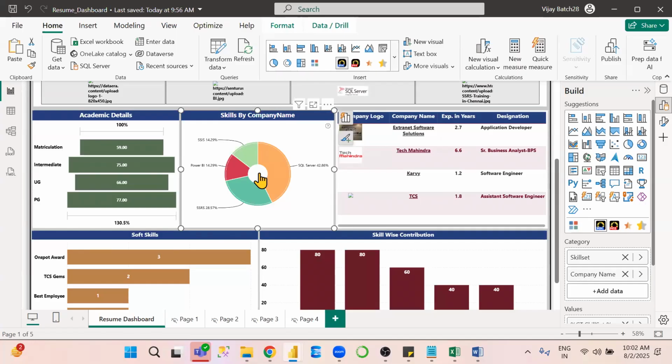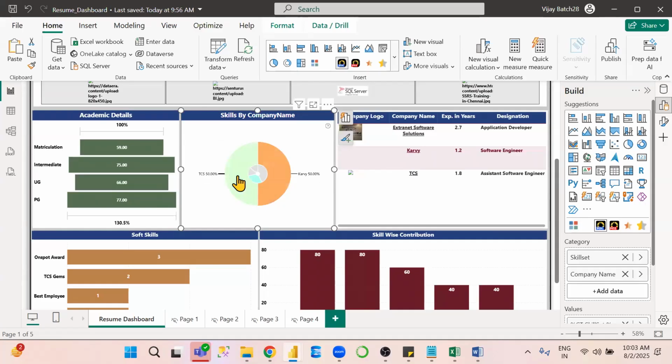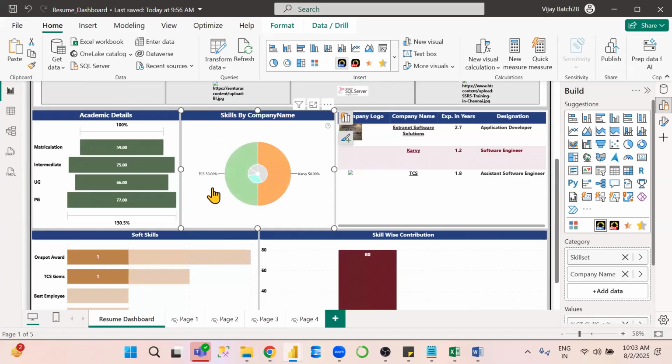Understand clearly or not? Okay. You just need to place multiple columns, like skill set and company. Whatever skills you have, it will show here. If you click on any slice, then automatically for that particular skill, the companies you are working in will show in the next level. Suppose SSRS, if I click on this one, in which companies did I work on that? TCS, Carvi. Again, if you want to come to the first level,